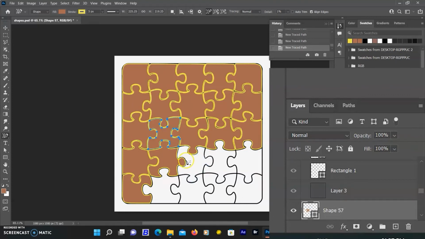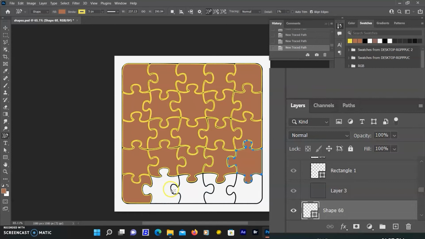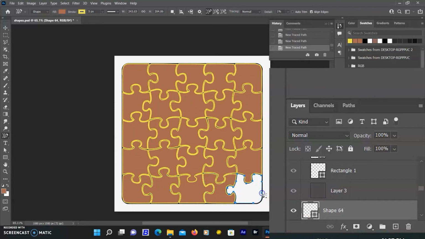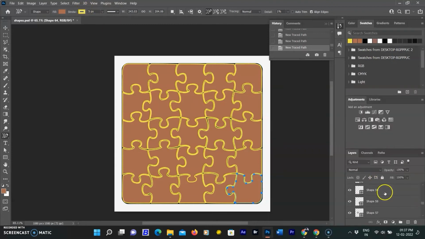Now I am adding the shape again by clicking each highlighted area, hovering over the edge to highlight a new section. We have to repeat the same for each mosaic if you want each shape as an individual layer. So we have created 25 mosaics as shapes, each in a separate layer. You can change its fill color and also add or change the stroke color from the option bar.